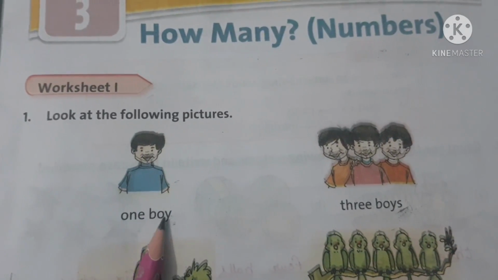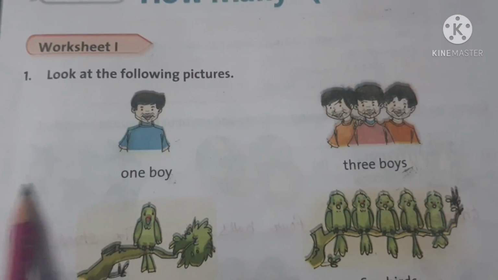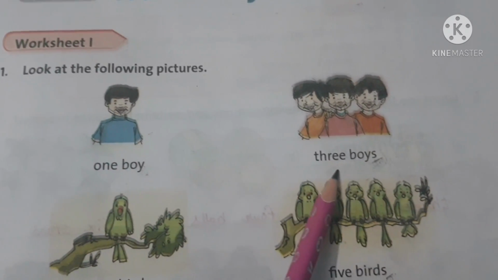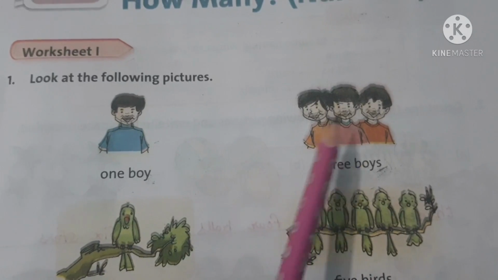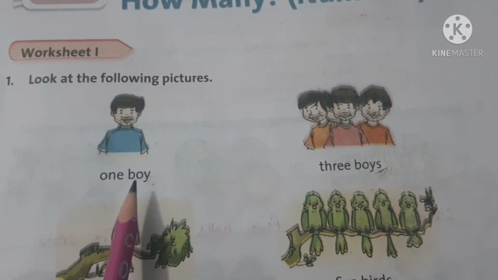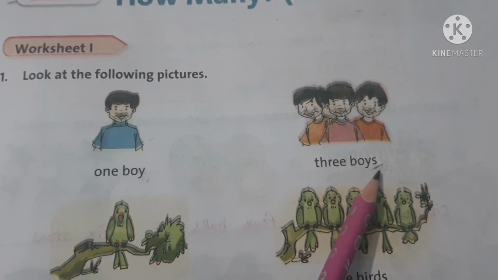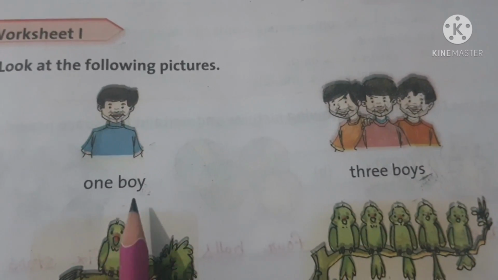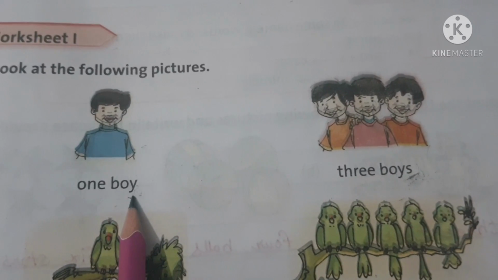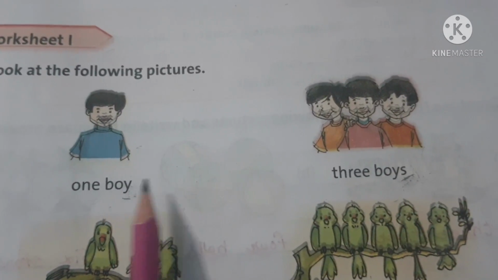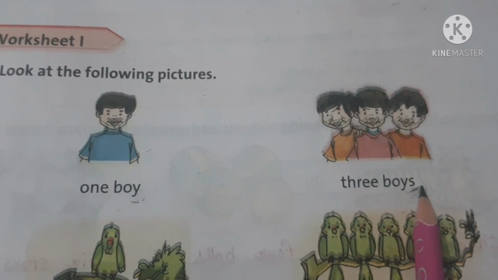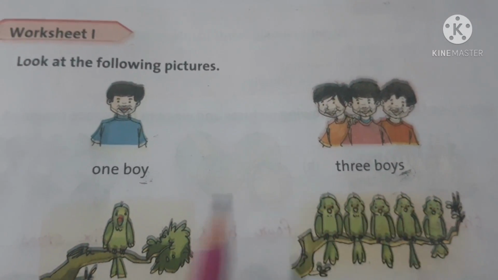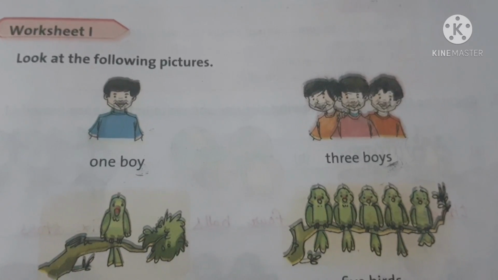Now one boy is here. One boy means this is singular naming word. Means एक है ये, right? And when we have 3 boys, then what will we say? This is plural, right? So here plural is made simply by adding s in the end. Boy आपको पता है, boy is your naming word, और जब हमने boy का plural बनाना है, then we will simply add s in the end. This is the very general rule of making plural. ये बहुत ही general rule है जब हमें plural बनाना होता है.